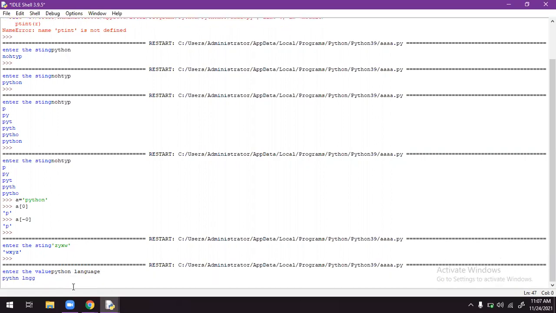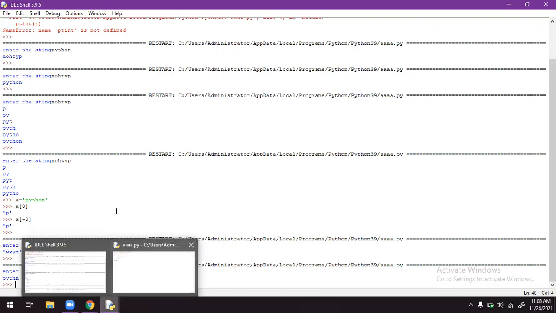So if I hit enter, see, almost all vowels are skipped here. What are the vowels present in Python? O. And what are the vowels present in language? A and U and again A and finally E. These characters are skipped here.